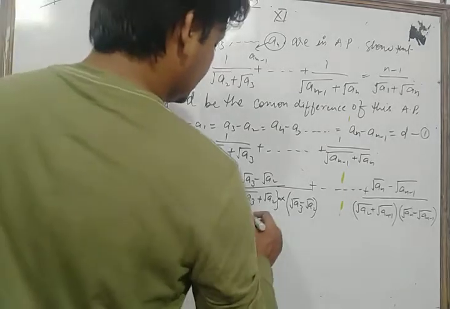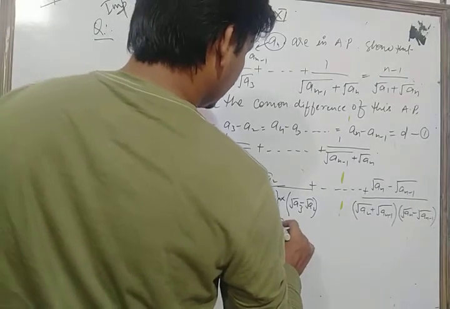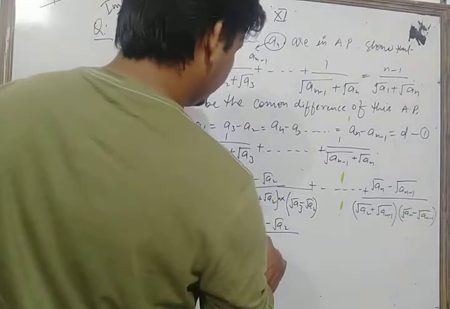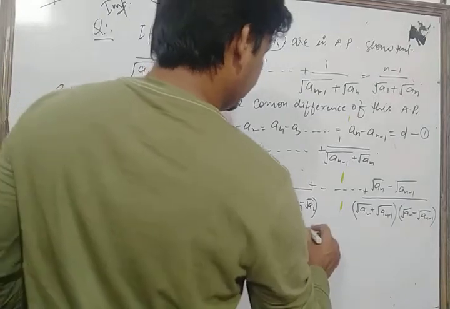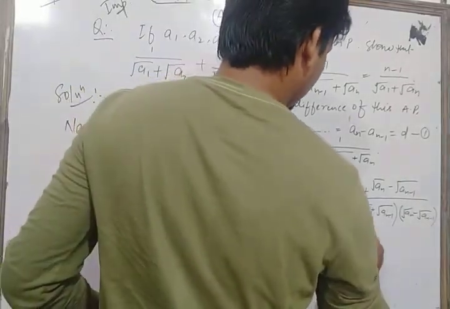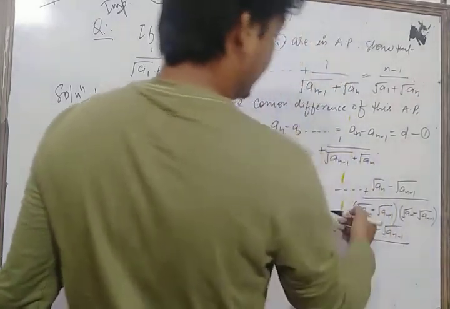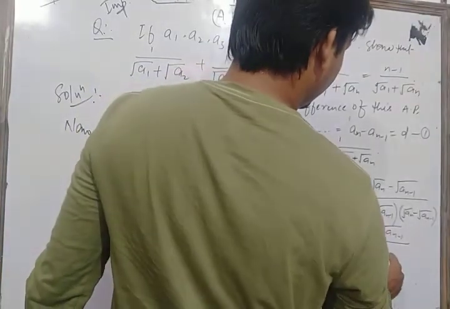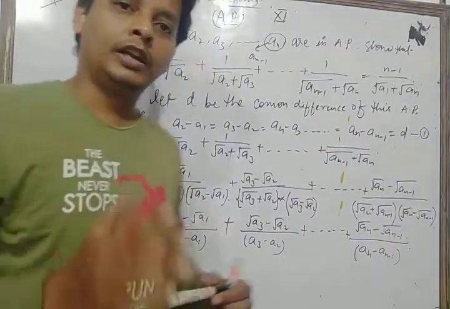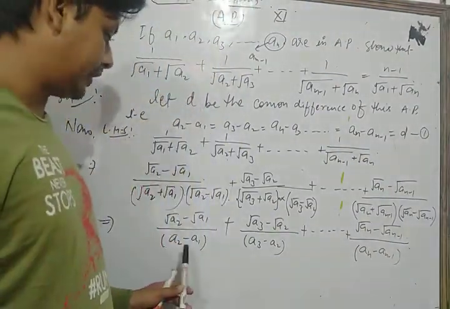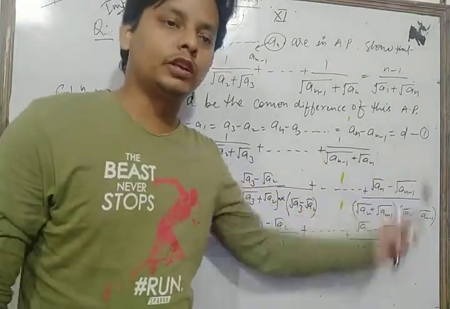Okay, similarly in that part we have plus a3 minus a2 and here we have what? a square minus b square. So a3 minus a2, same as here, and so on, plus here we have an minus 1 from a square minus b square. So we get what? an minus 1. Okay. Now, dear students, we write a2 minus a1, a3 minus a2 and an minus an minus 1 is what? d.